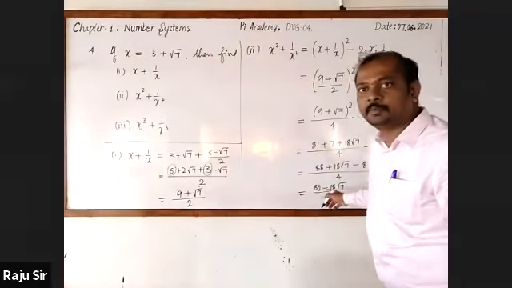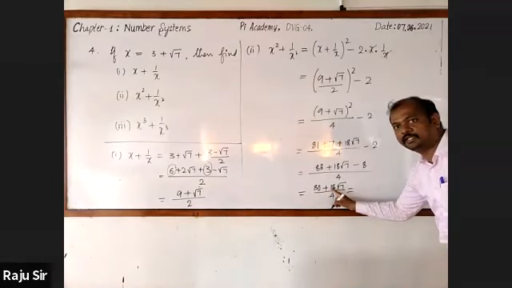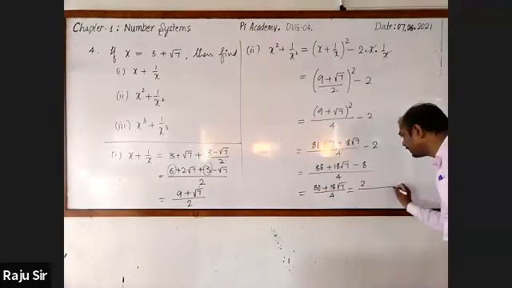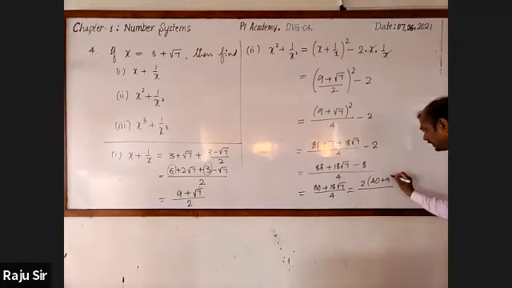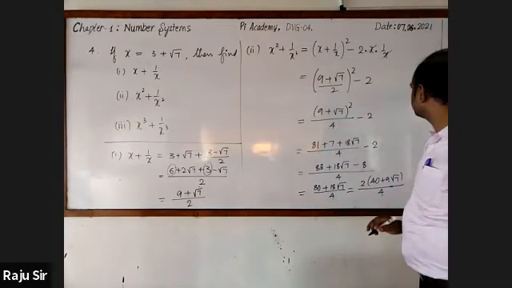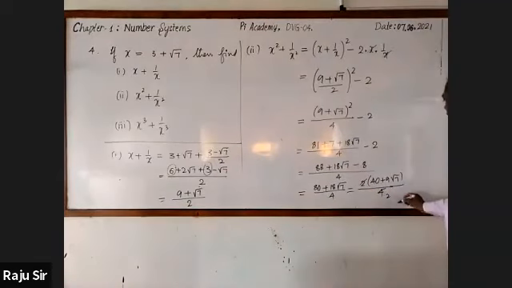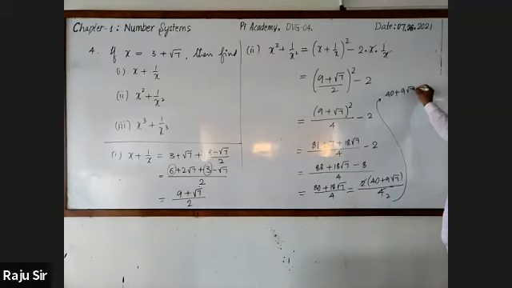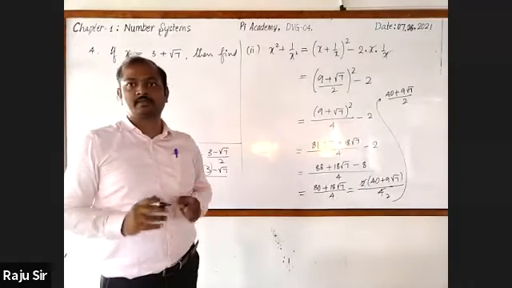Now, in the last step, you may go for taking the common factor. Here 80 is there, here 18 is there. When you take out 2 as common factor, it is 240. Then 2 9s are 18, 80 into root 7 by denominator 4 is there. Write this as... Now cancel it. 2 1s are 2, 2 2s are 4. Here I'll write it is 40 plus 9 root 7 by 2. This is the value of x square plus 1 by x.